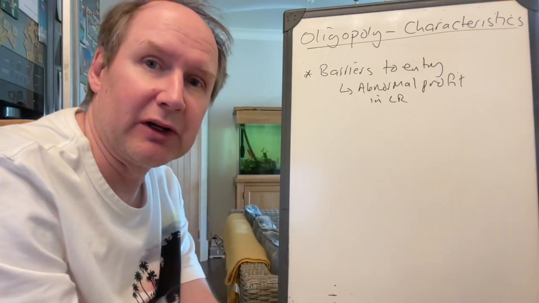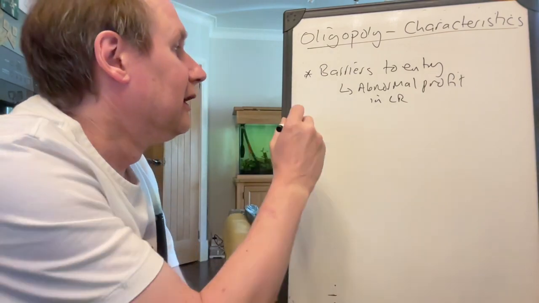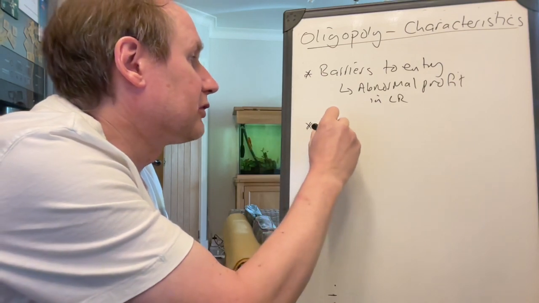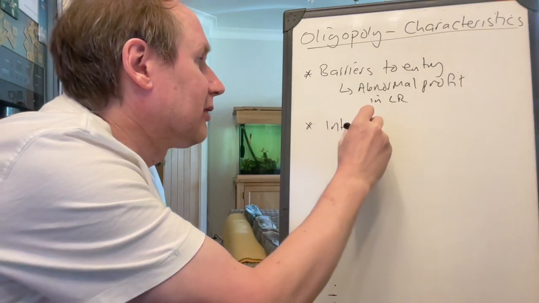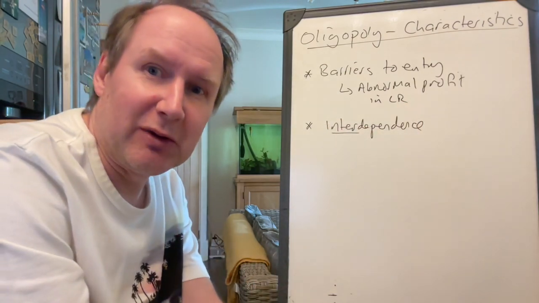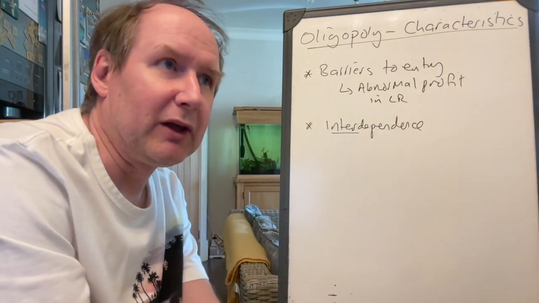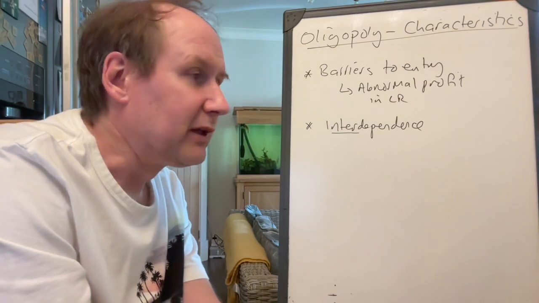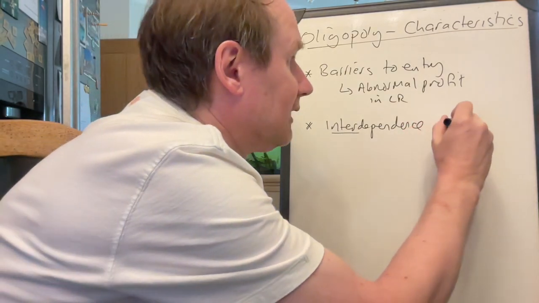But what really marks out oligopoly compared with any other market structure is the fact we can't completely predict what price and output are going to be, and the reason is because of what's called interdependence. So not independence, interdependence. Because there's only a small number of players, they respond to one another. So interdependence means that each firm